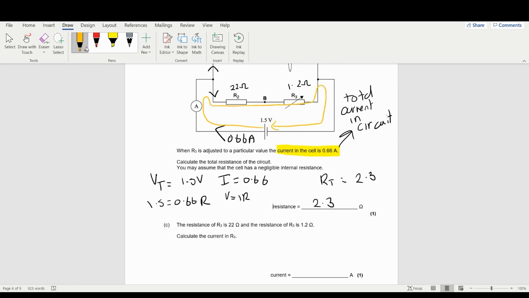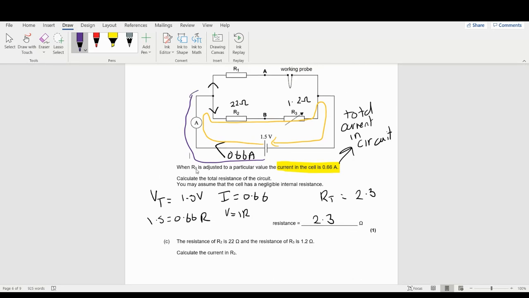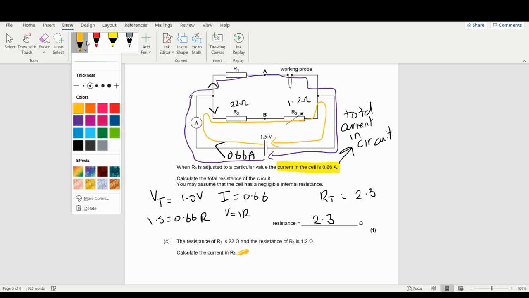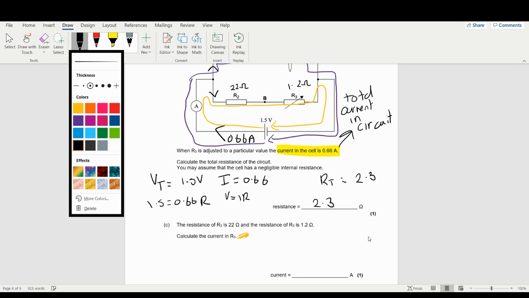Or of course, it could go a slightly different route, so a different colour, go up here, go through here, and go through this section of the actual circuit. It could go either one. Okay, this is the orange route. So remember Kirchhoff's law. Kirchhoff said that if you're going around in one loop, the potential that you are given is the potential you must lose in total. So I know in total across this whole branch, this whole track must have lost 1.5